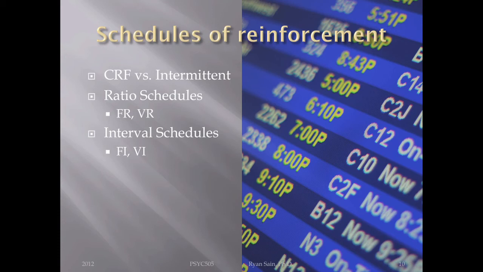Sometimes I don't get anything. Other times I get a whole bunch of stuff. So I end up, and most of us do, checking our box multiple times per day because we never really know when the reinforcer is going to come in. Right? We never really know when that VI is, when the next response is going to be reinforced.